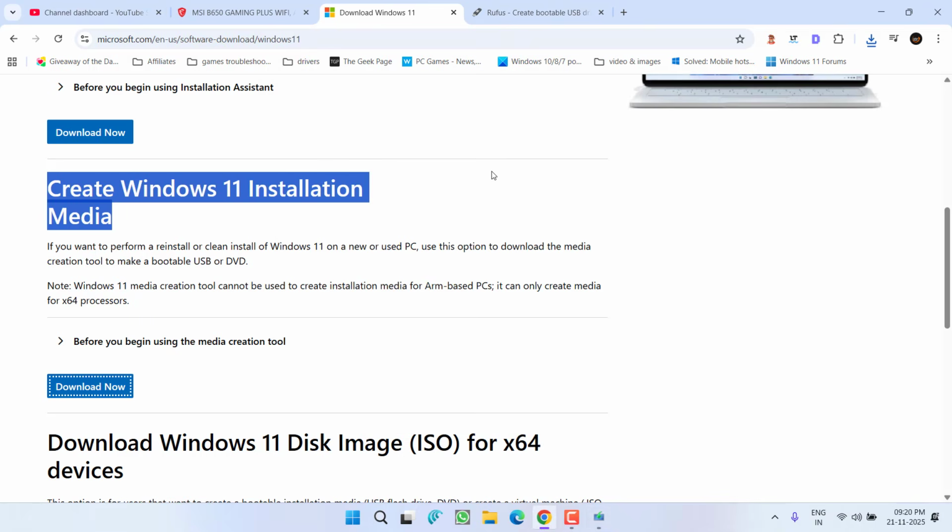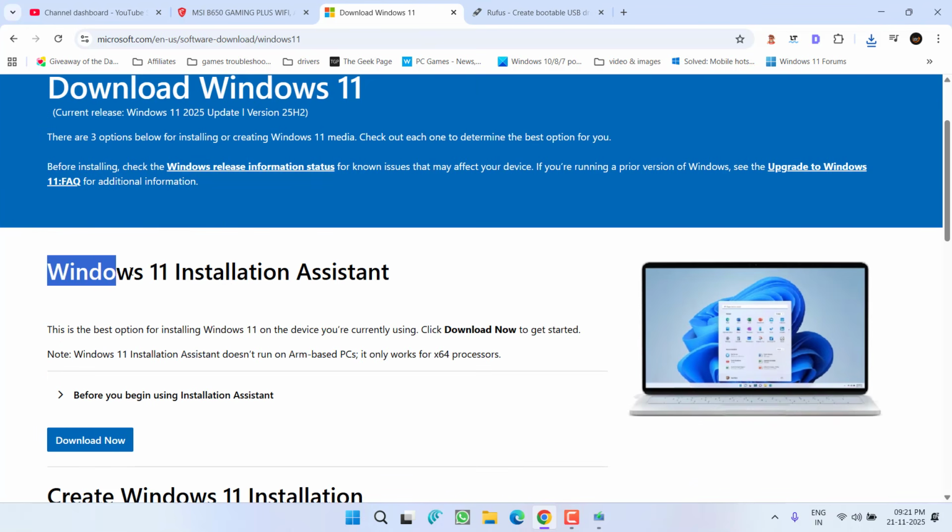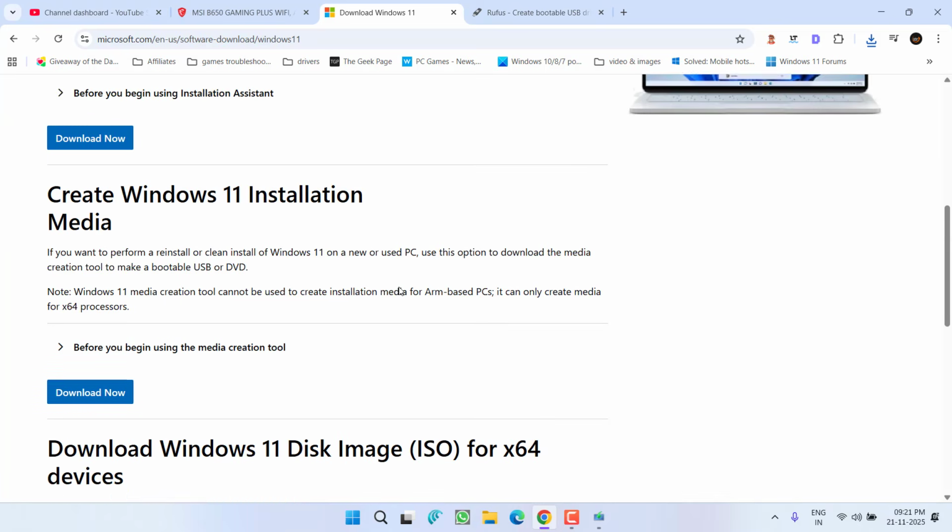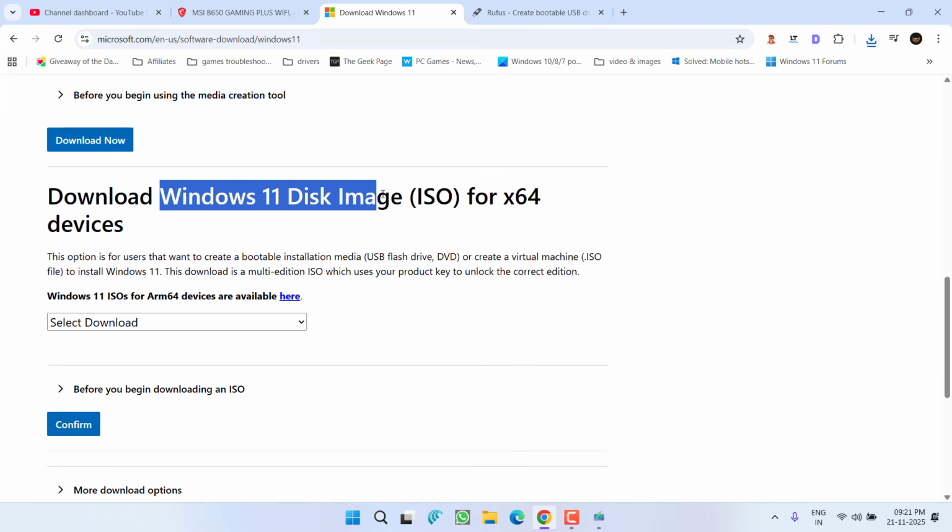Although, if this also fails, in the last step, I highly recommend you do not directly upgrade to Windows 11. First, you need to install Windows 10 onto your PC. Once Windows 10 is installed on your system, you can use the Windows 11 Installation Assistant, or else you can use the Windows 11 disk image by downloading it right over here and launching the setup.exe file to directly upgrade from Windows 10 to Windows 11. Because directly upgrading to Windows 11 has major known issues that prevent you from upgrading to